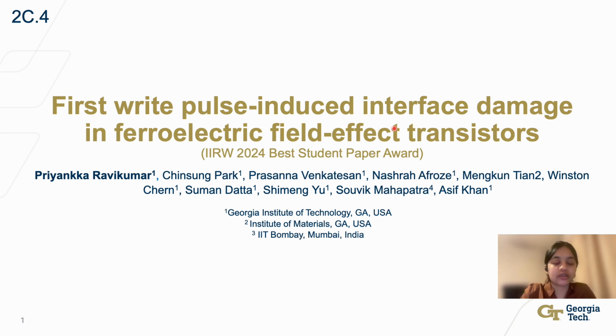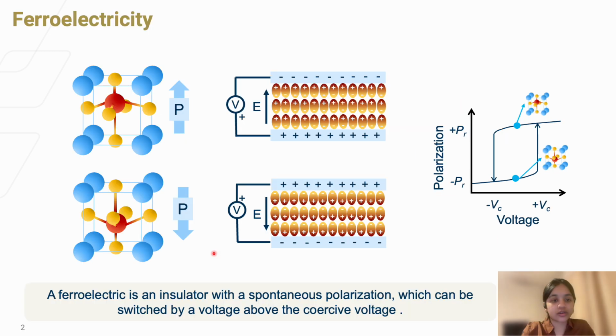Specifically, I'm going to be talking about a relatively less discussed phenomenon in these devices, and that is the first write pulse induced interface damage in FeFETs. So the results that we see after PBTI testing tell us that the very first write pulse applied to a ferroelectric field effect transistor, that is, to a pristine fabricated device, actually contributes to about 50% of the damage seen throughout its lifetime. So before we go into the details of these results, let us go to the basics